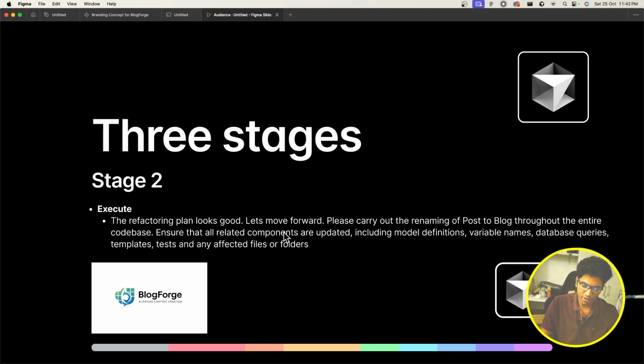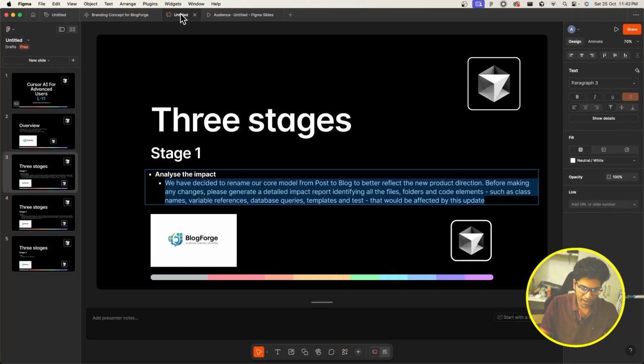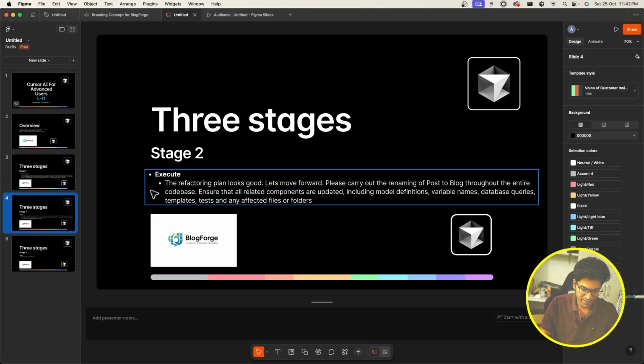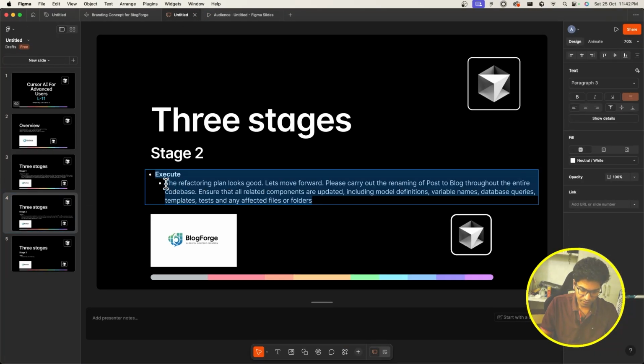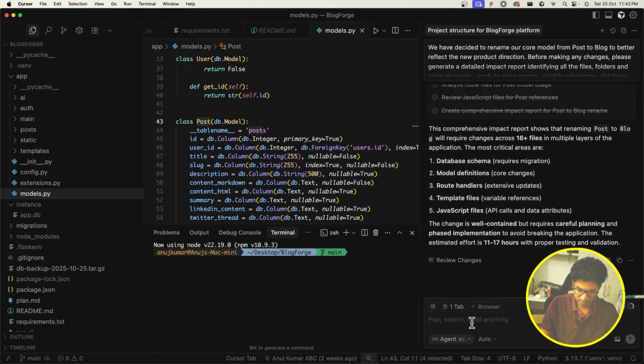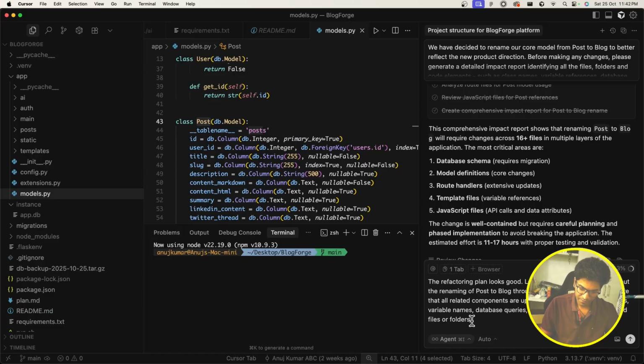Ensure that all related components are updated, including model definitions, variable names, database queries, templates, tests, and any affected files or folders. Yeah, so this is the plan, and we can go about executing the plan. So I'm going to copy this prompt. This is the same prompt that I just showed, right? So I'm going to copy this, go to Cursor, and write it in the chat, and